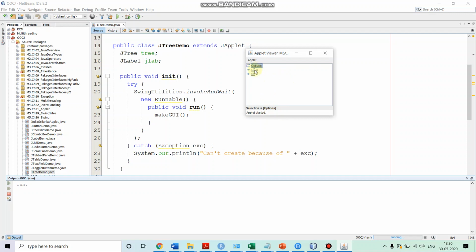If I select the node A, then the selection is options, A. So the whole path is displayed. If I explore A, then A1, A2 are there. I select A2, then options, A, A2 is displayed over here. Similarly, if I explore B and select B3, now it is displaying options, B, B3. So this way we use the JTree control in a Java Swing program.